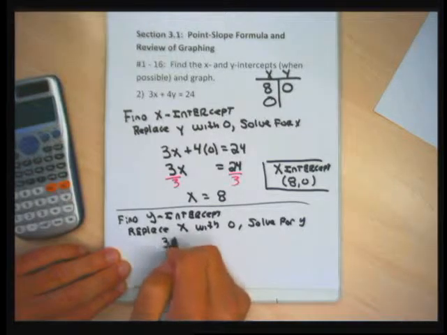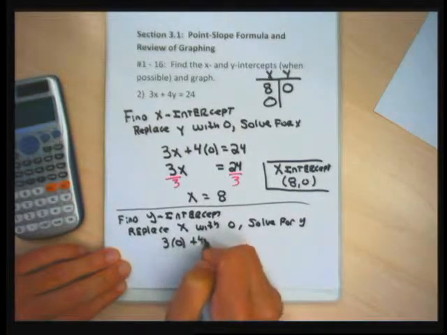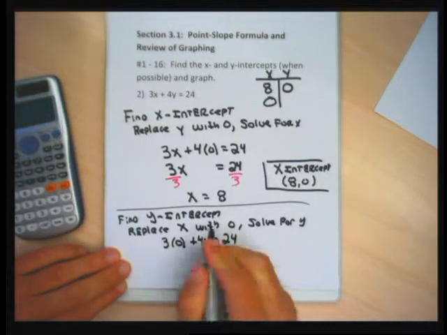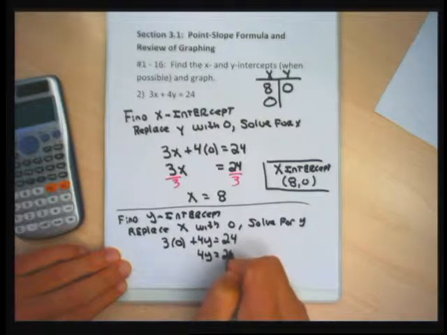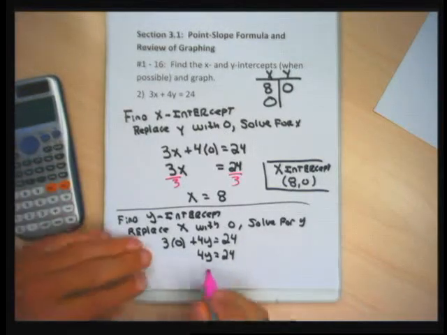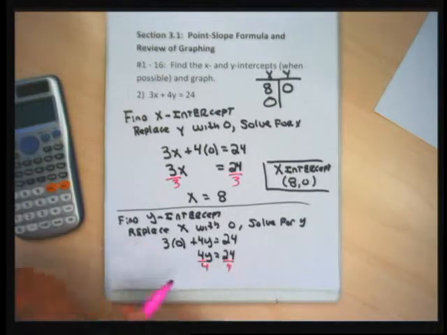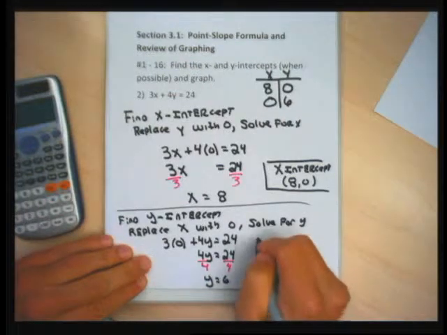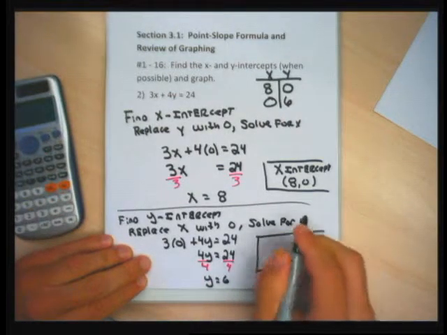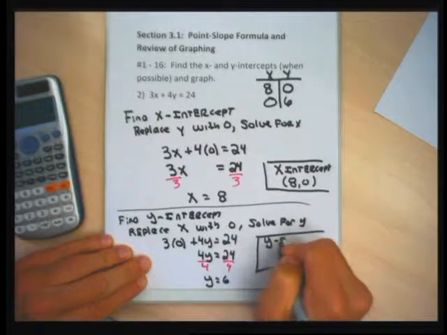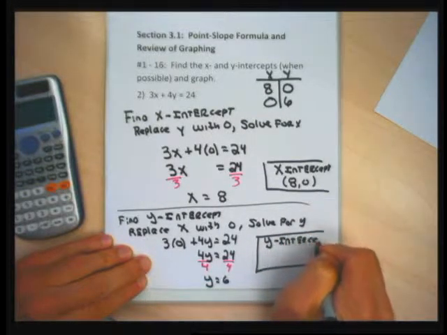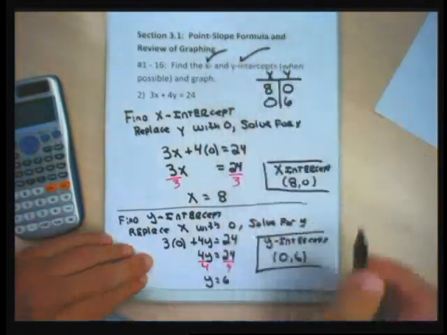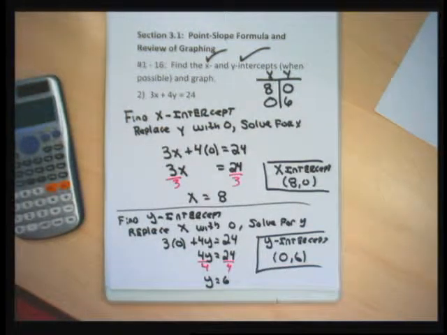Algebraically, I'm going to go 3 times 0 plus 4y equals 24. 3 times 0 is 0, so this simplifies to 4y equals 24. And when I divide both sides by 4, I get y equal to 6, which I could put in that table. And in terms of my answer, the y-intercept is the point 0, 6. So I've done find the x-intercept, find the y-intercept, and now I'm going to sketch a graph,